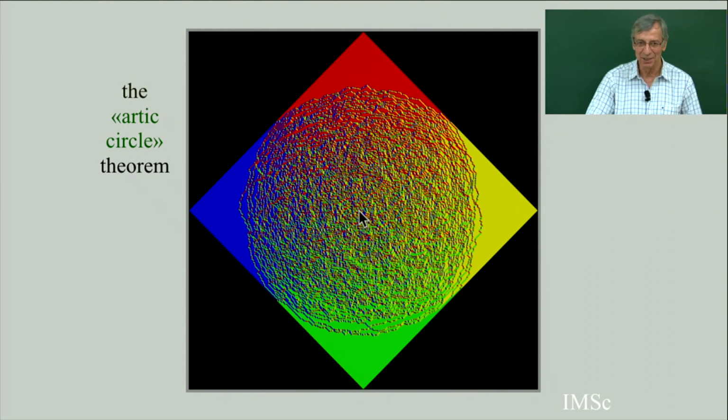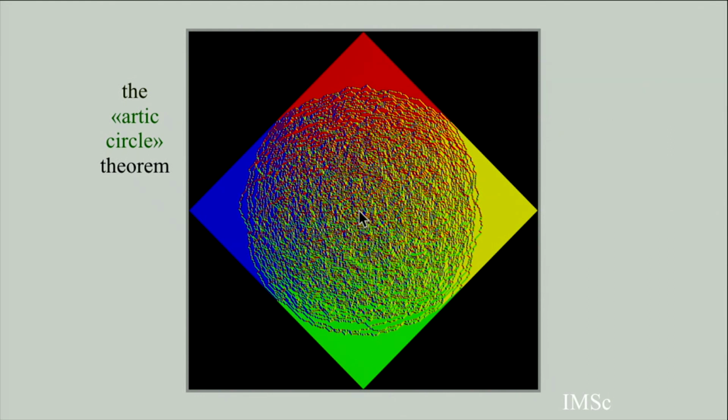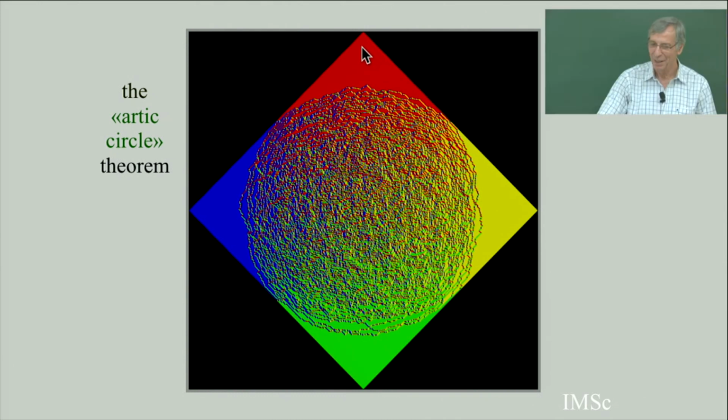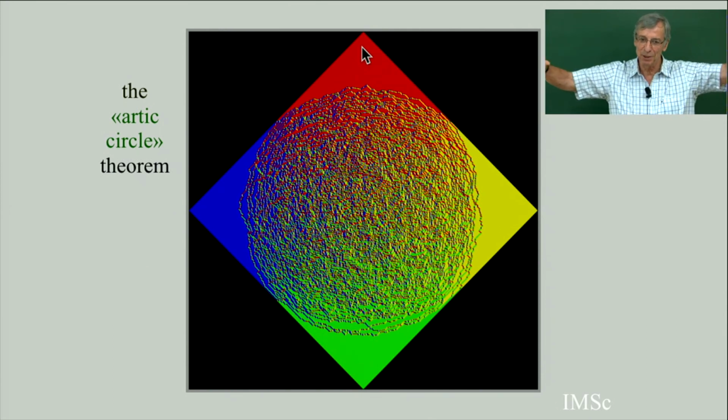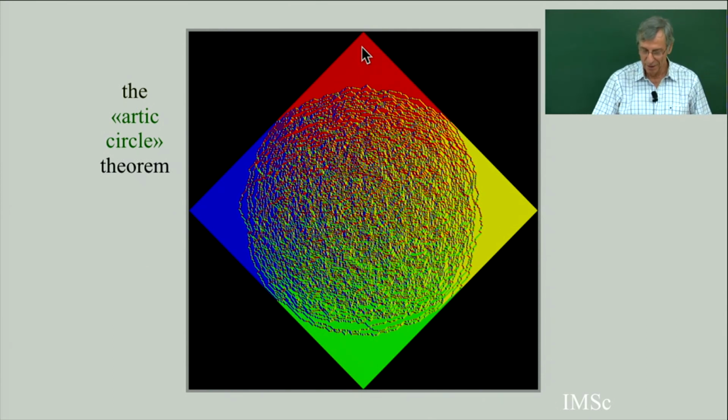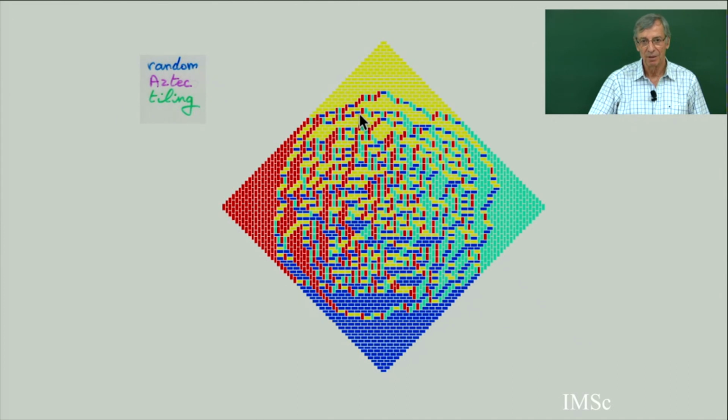If you go deep inside, the probability to get one of these 4 possible dimers is 1 over 4, 1 over 4, 1 over 4, 1 over 4. The probability to get red dimers here is 1, and 0 for all the others. And this probability is an average. It's just approximate, but the approximation becomes better and better as you take a bigger and bigger random Aztec diagram. Already here you can see the circle appearing.